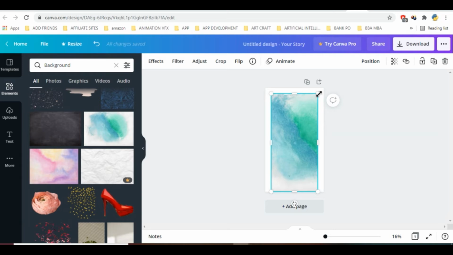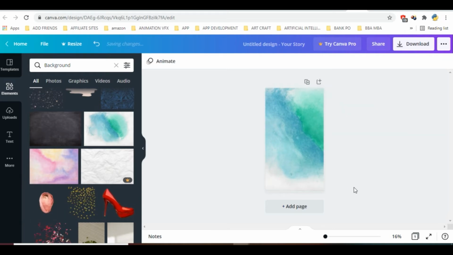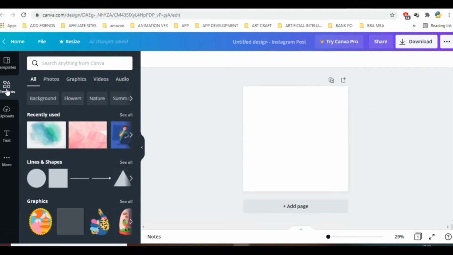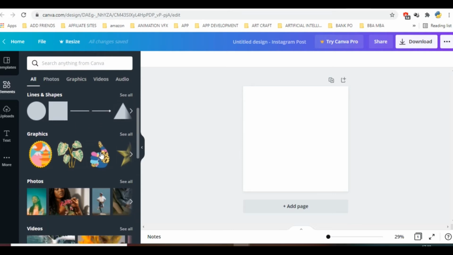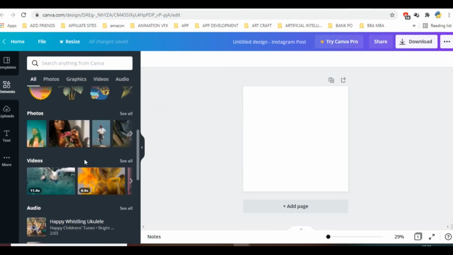You can choose any of the elements which you like. Through this you can make amazing cards, amazing designs, posters.